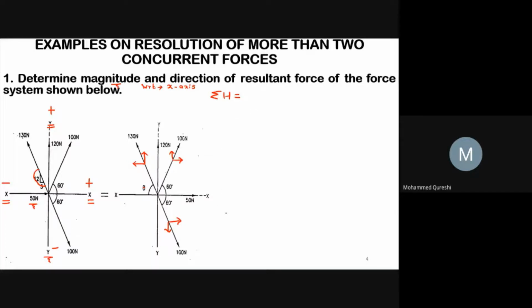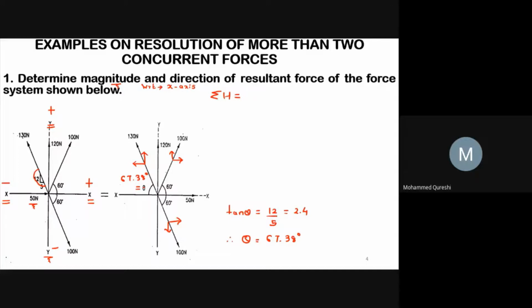So for theta we have tan theta equals 12 by 5, and 12 by 5 is nothing but 2.4. Therefore, our theta will be 67.38 degree. So, we got the value of theta as 67.38 degree. Now we can easily find 130 cos theta and 130 sin theta. So, by taking part angles, we will go for summation of all the horizontal forces, that is sigma h.